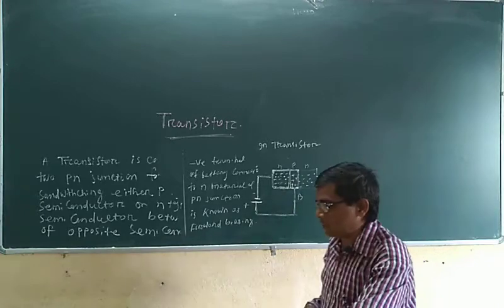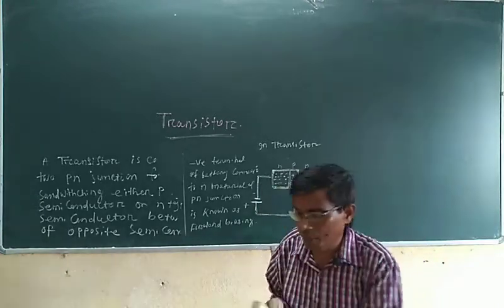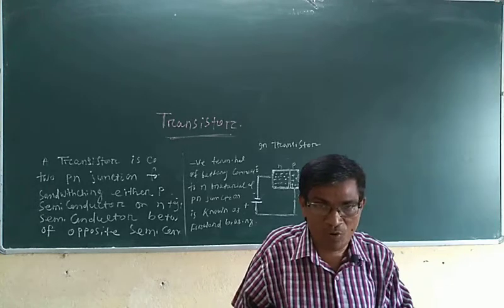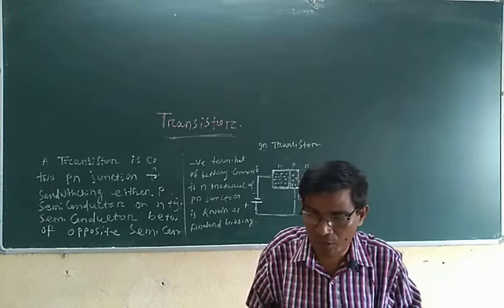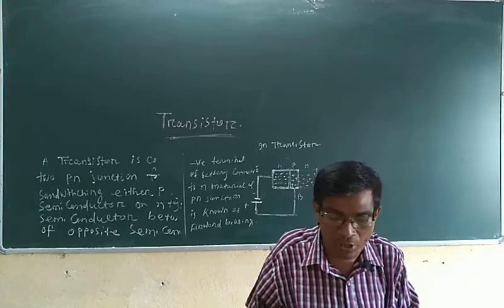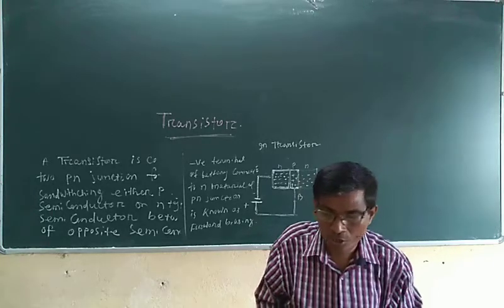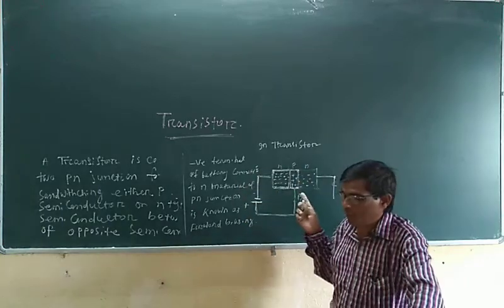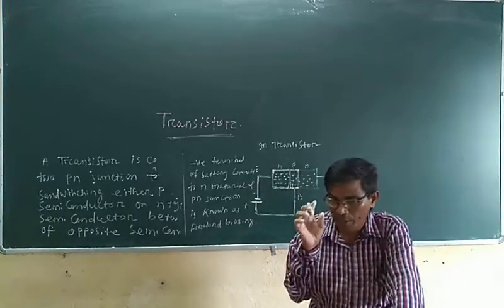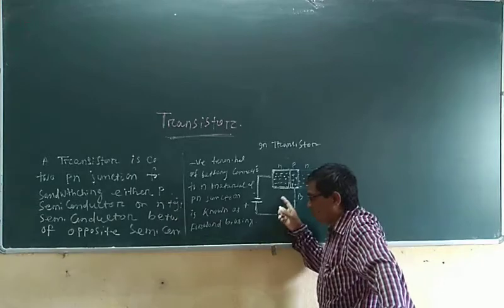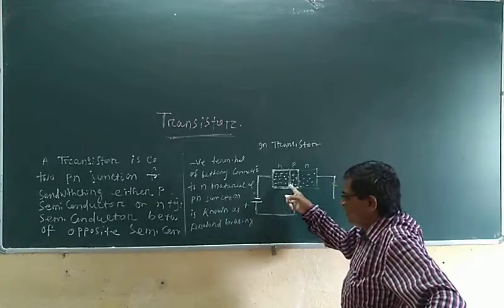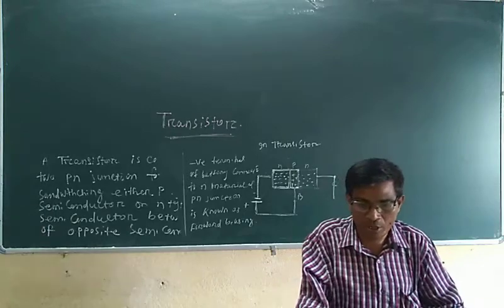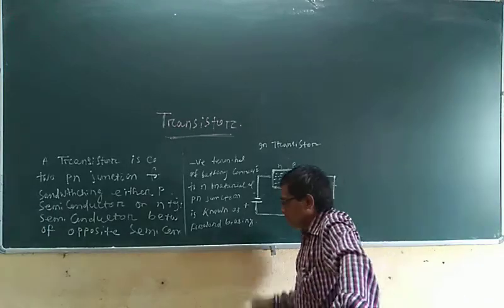Forward biased means when a PN junction is given a forward connection, the resistance of the junction is very low. Now the junction resistance is very low, so it is possible for the current, the electric charge, to flow.